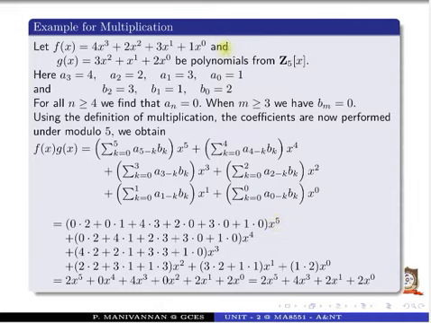Here, x power 5 coefficient is 0. Here, x power 0 coefficient is 2. So, 0 into 2. Here, x power 4 coefficient is 0. Here, x power 1 coefficient is 1. So, it is 1. Here, x cube coefficient is 4. Here, x squared coefficient is 3. And anyhow, its multiplication will be 5.